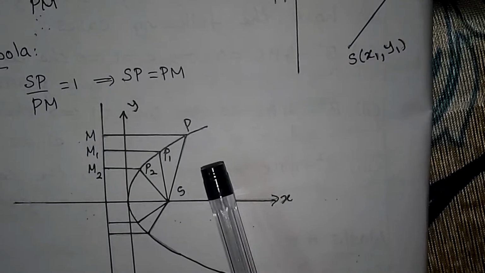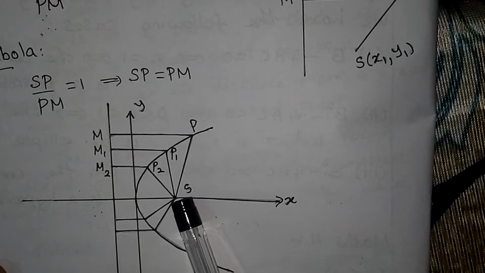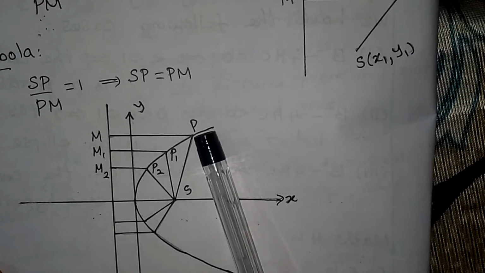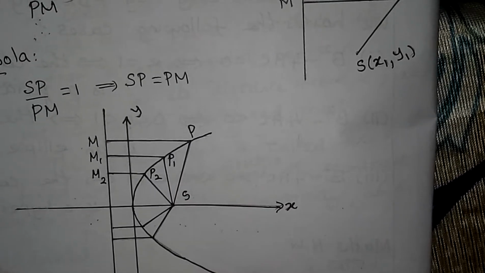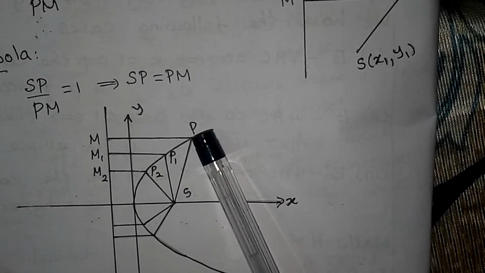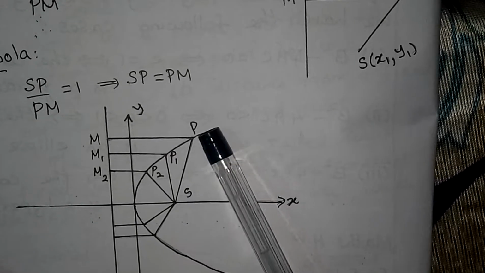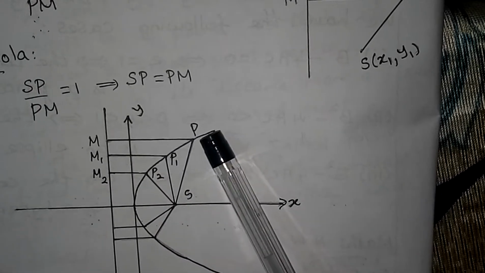So how will we obtain the parabola? We have the focus here and the fixed line here. First I am taking a point here. Actually you don't see the parabola shape yet. How you will get this parabola shape is, you take a point P, then you find the ratio SP, and from this point you draw a perpendicular to the fixed line. So SP by PM we have here, and E value is 1.